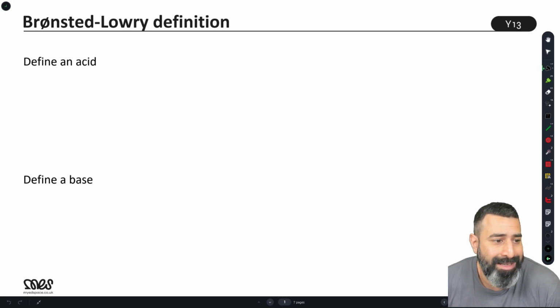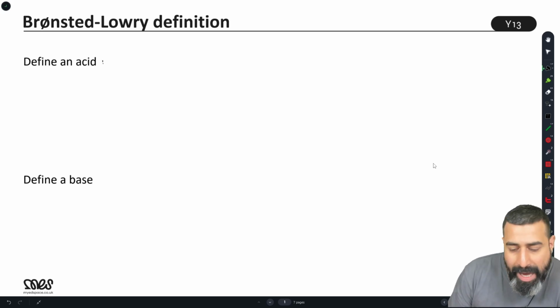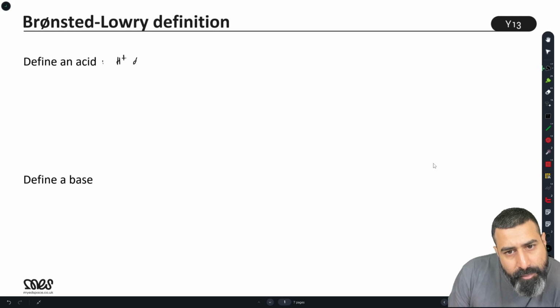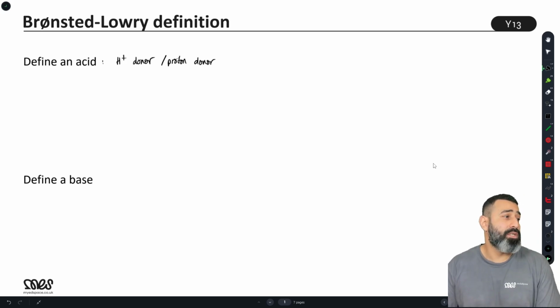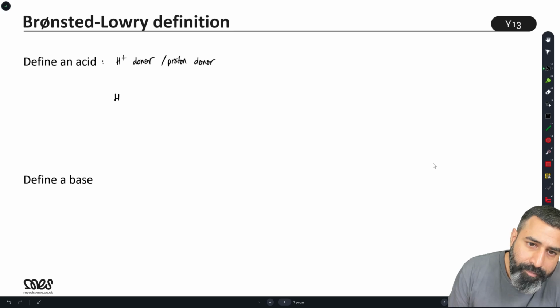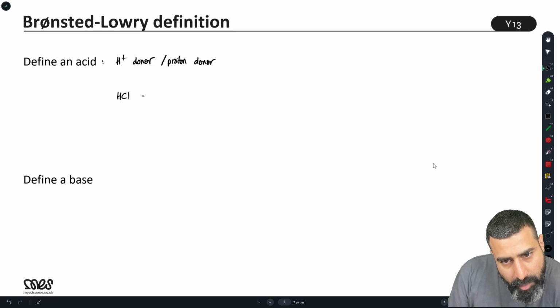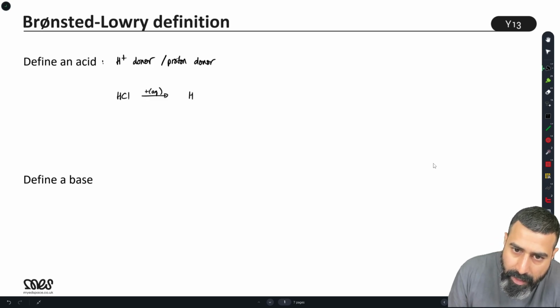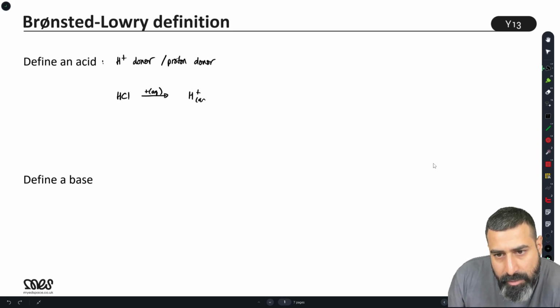So we've got to define an acid. An acid under this definition is defined as an H+ donor, or a proton donor. So it's any species which gives out an H+. So for example, if we take HCl, we dunk it into some water, aq, that ionizes to liberate H+, and